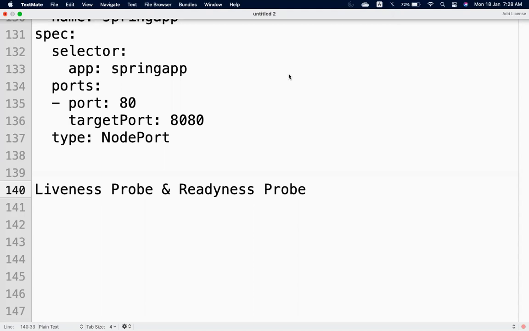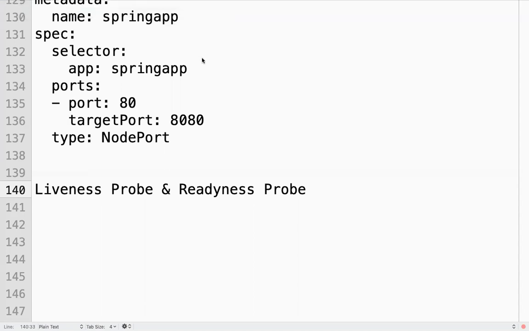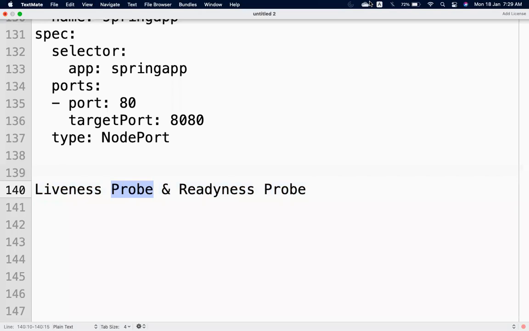So how can I perform the health check on the containers, or basically the applications which are running inside that container, so that it will restart if there is an issue in your application and it will stop sending the traffic to that container? How can we do that? By using the concept of liveness probe and readiness probes. These are the health checks which we can perform on the containers. So tomorrow we will see.